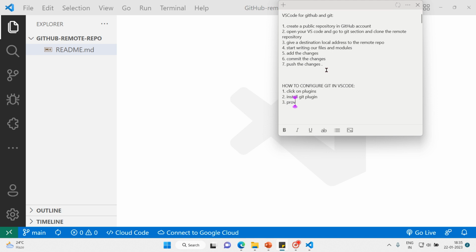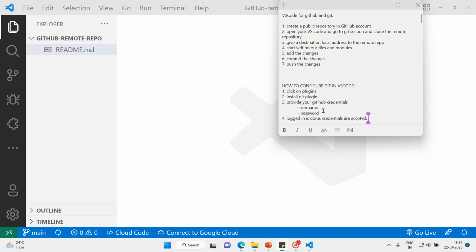So provide your GitHub credentials, that is username and password. Once you are logged into GitHub, and the credentials are accepted,